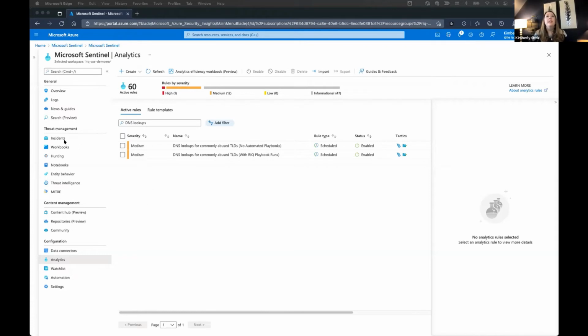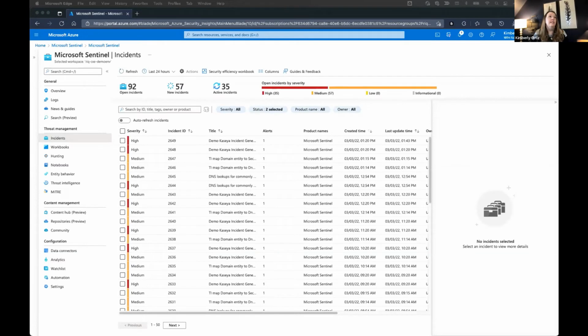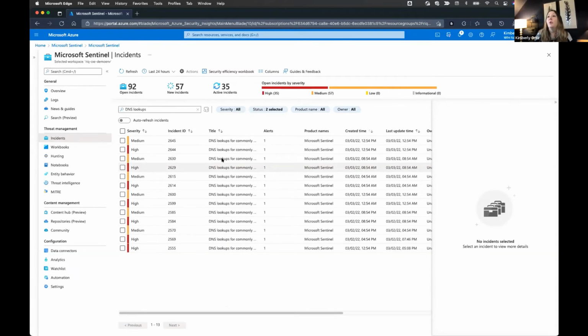So let's go back and look at our incidents page. So that runs on a scheduled basis to give you those incidents. So it takes all those things that gather during that time, and then it creates an incident out of them. Yep, like this one, I think I have set to run every 4 hours or so, something like that. So let's narrow down. So I'm only looking at hits from those rules.